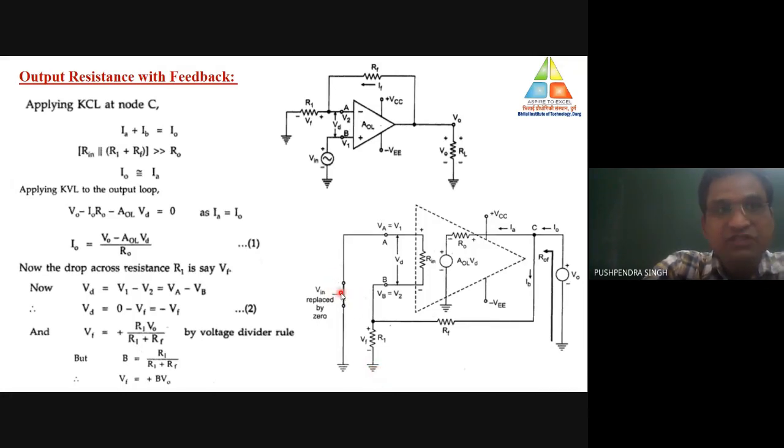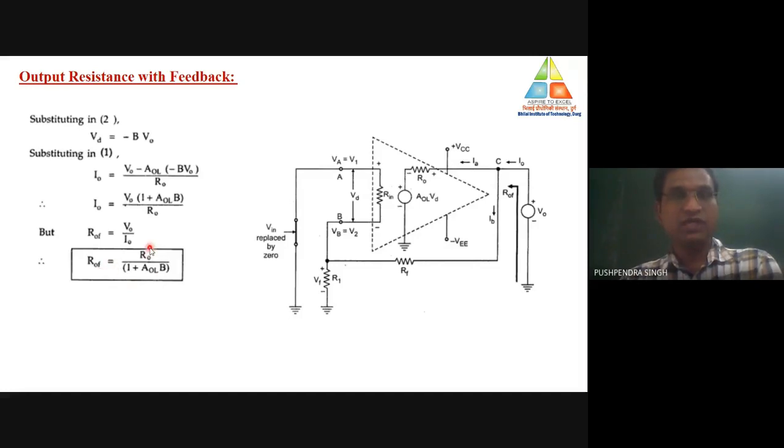Now here, in case of voltage series feedback, the input voltage is connected at the non-inverting terminal. So again, we need to reduce the voltage source to 0. Here also 0. So there are no changes in the circuit. For calculating the output resistance with feedback, both the circuits are the same. That's why the total derivation of output resistance with feedback is the same for voltage shunt and voltage series feedback. So no need to discuss again here. The final value of ROF is R0 divided by 1 plus A into B.